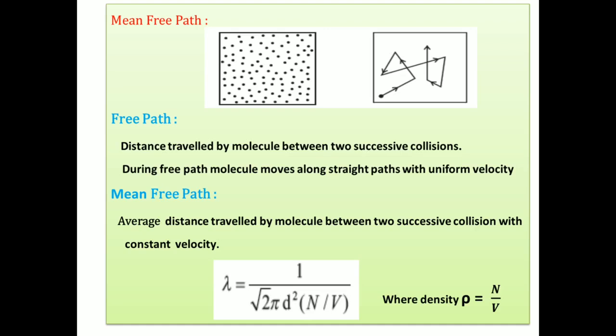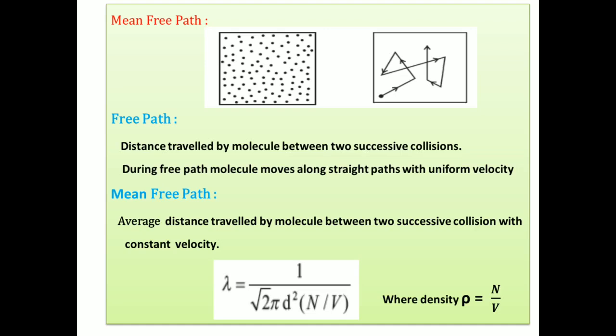Which type of force is it? It is a repulsive force, that means a force of repulsion between protons or electrons. That means an electrostatic force of repulsion is there. Here the molecule behaves as a small hard spherical particle because of this repulsive force, and this leads to elastic collision between molecules, and the molecules also collide with the walls of the container.